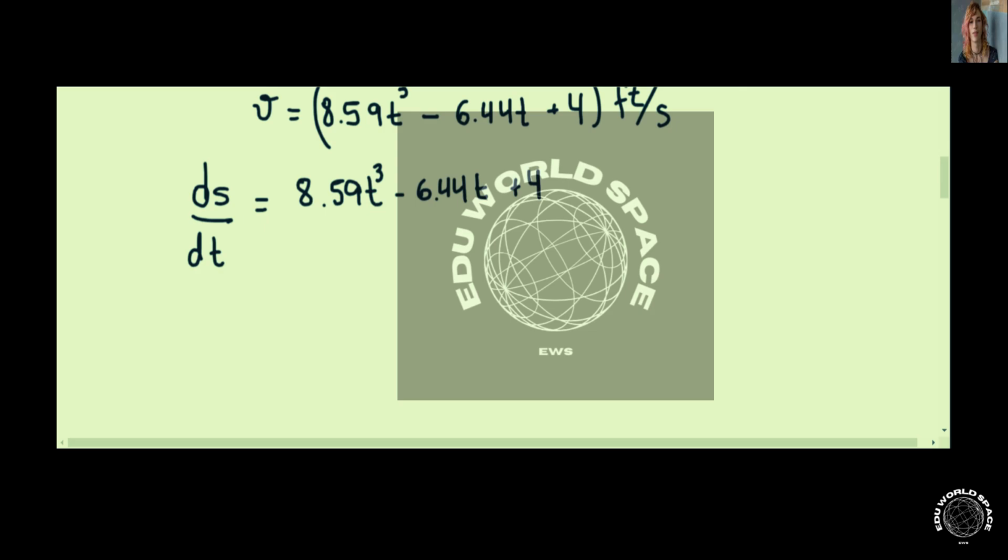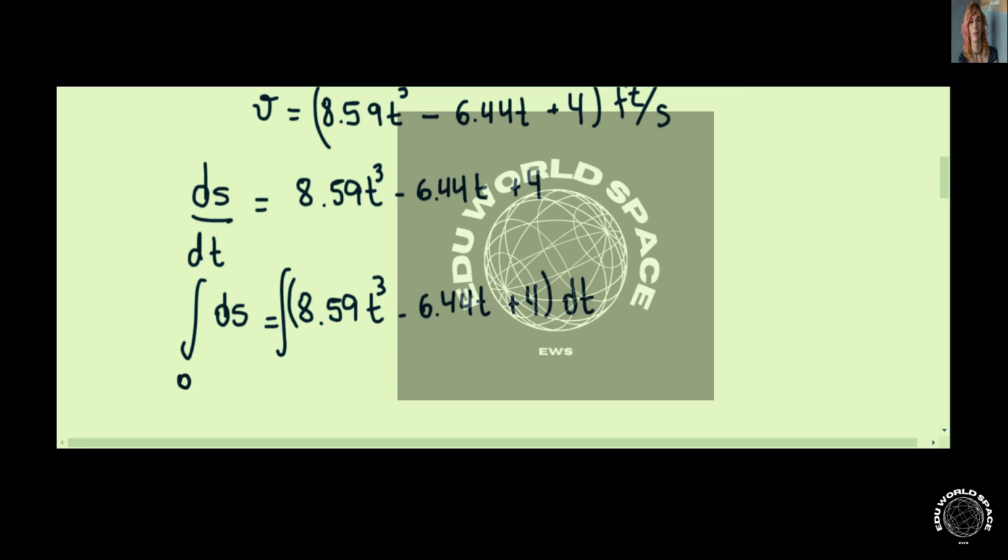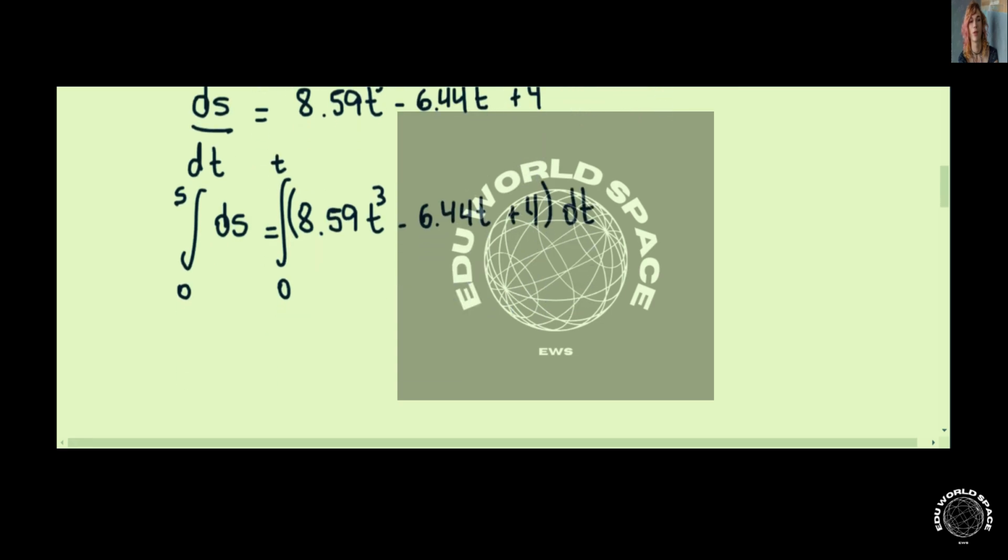And I'm going to leave the units implicit, so ds is equal to 8.59 t cubed minus 6.44 t plus 4 dt, and I'm going to integrate both sides. In the left hand side, I'm going to integrate from 0 to s, in the right hand side from 0 to t, so we obtain that s is equal to